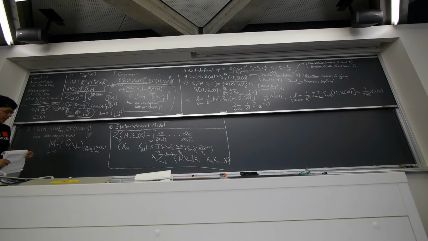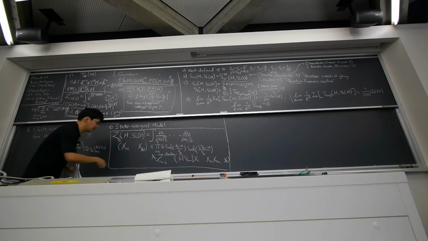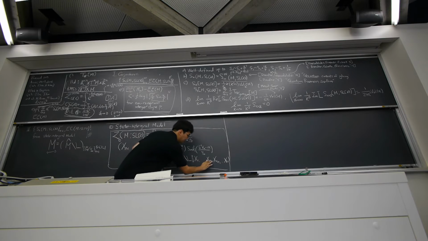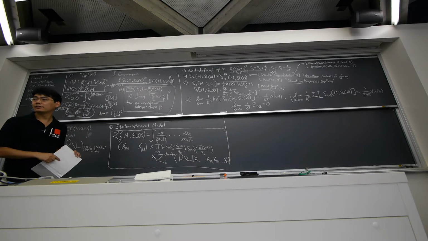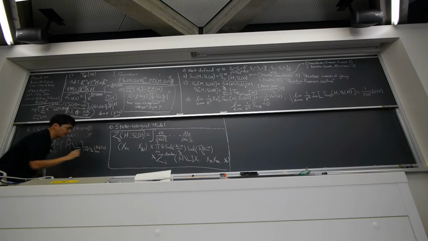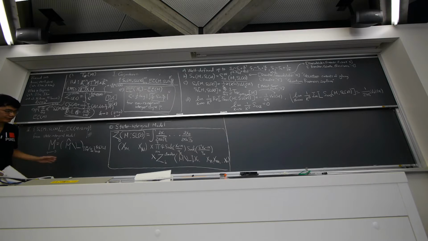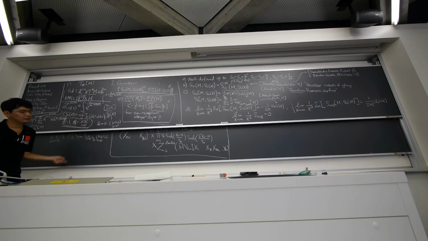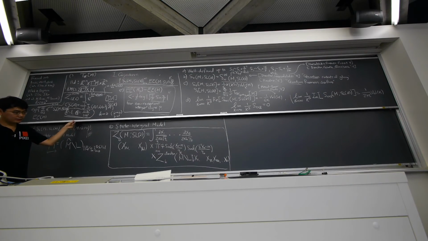S is the number of components. Sorry, that's an example. Why can S equal the number of components of that? Sorry, it can be. And we obtain the closed manifold, and we can also do this one, and this is nothing but the original state integral model. So this is the interpretation.